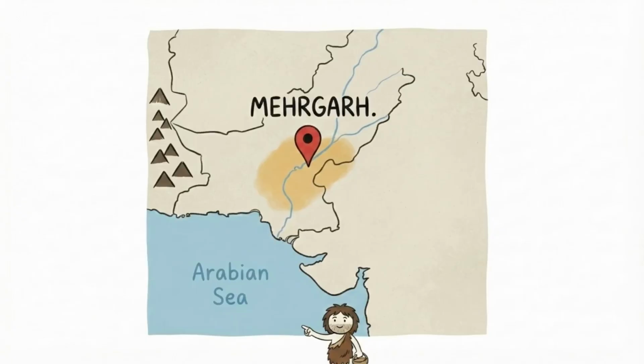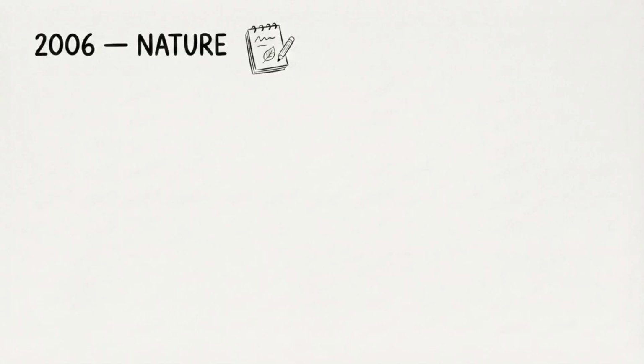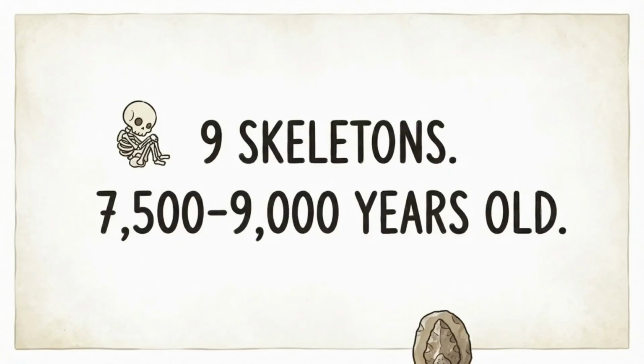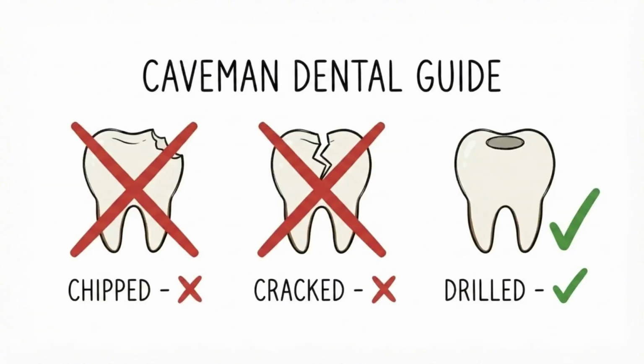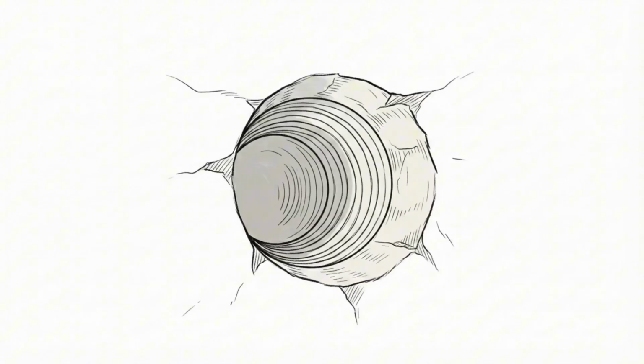But the most striking evidence comes from a site called Mehrgarh in what is now Pakistan. In 2006, a team of researchers published findings in the journal Nature that reshaped how we think about prehistoric medicine. They had examined 9 skeletons, dating between roughly 7,500 and 9,000 years old, and found 11 molars with holes drilled precisely into them. Not chipped, not cracked, but drilled, with concentric ridges still visible inside the holes, the unmistakable signature